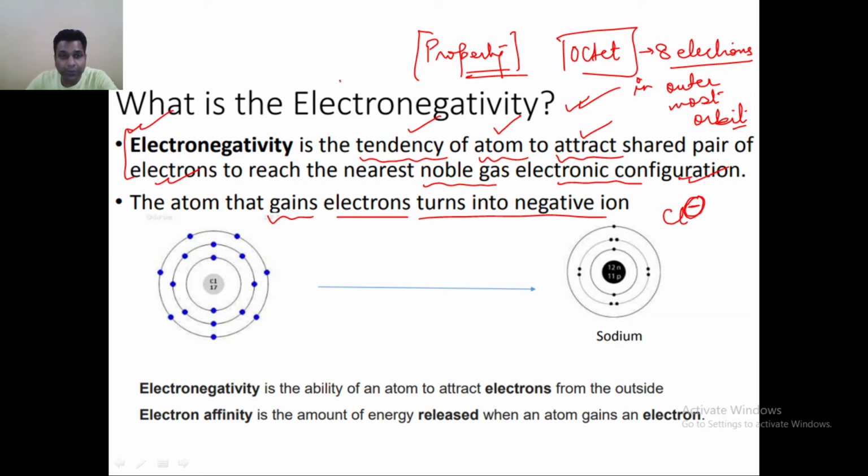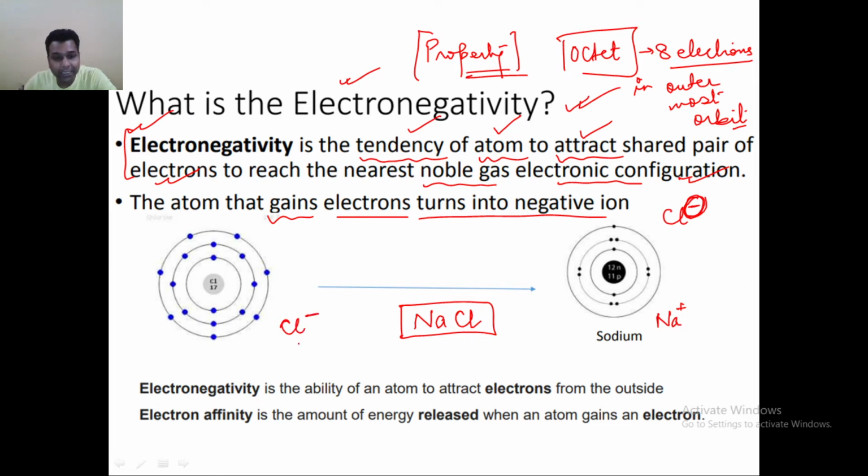Okay, so if any atom has electronegativity, then by virtue of which it will attract the electrons and it will have a negative charge. And this number of charge depends upon the number of electrons absorbed by it. See here, we have this arrow mentioned. This is actually an example of NaCl. In this NaCl, chlorine is taking one electron from the sodium, so sodium will attain a positive charge of plus and chlorine will attain a minus.